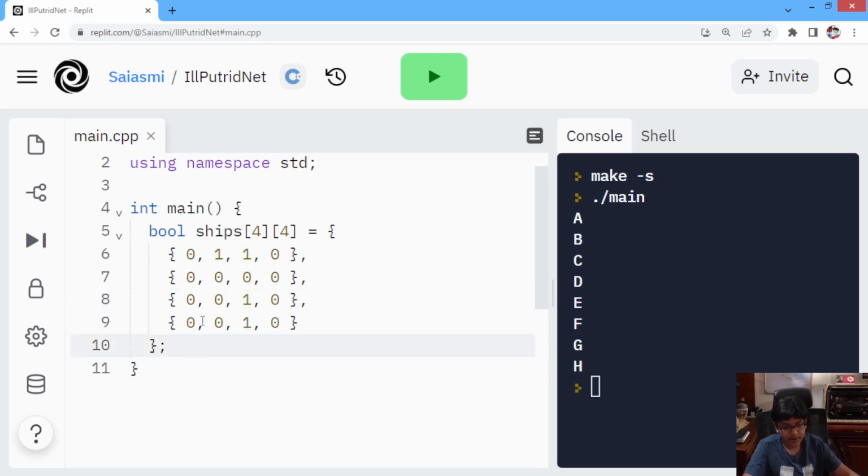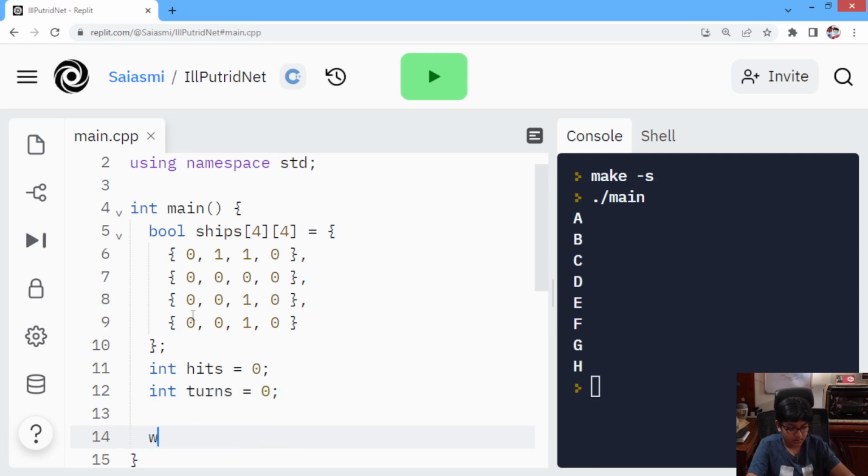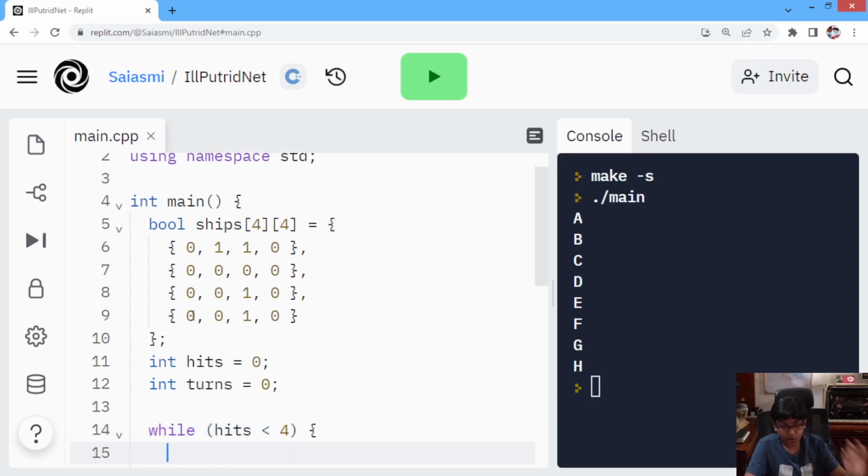The minimum turns that you will take are 4 to sink. If you are lucky enough, you will get every ship in each try. So 4 is the minimum score you can get. So we will initialize a variable hits, how many hits you have done, and how many turns we have taken. So while hits, because there are 4 ships, so while hits is less than 4, so till we don't get all the 4 hits,